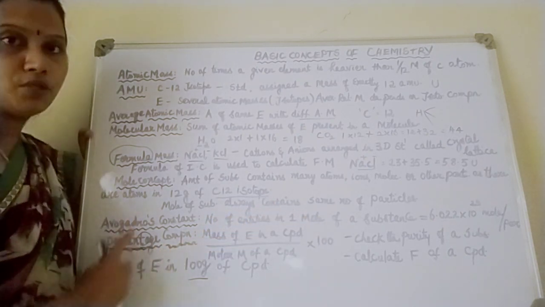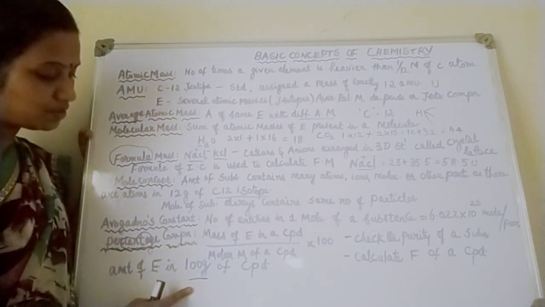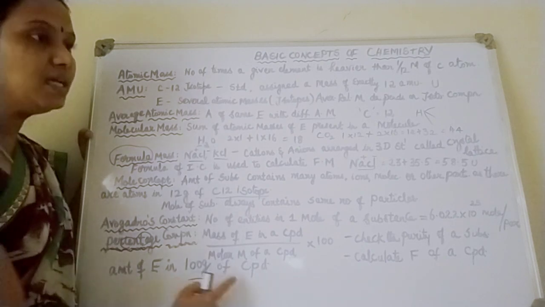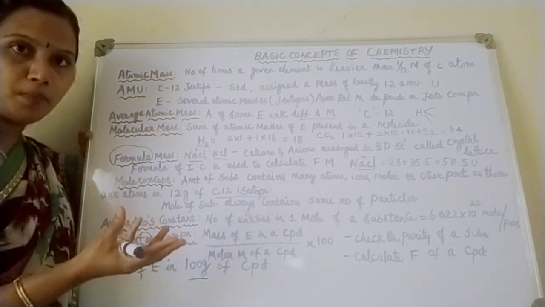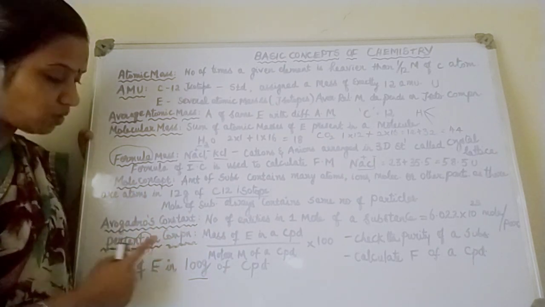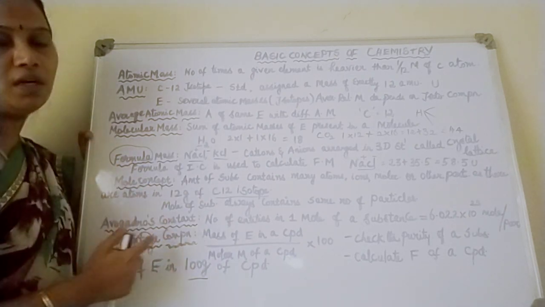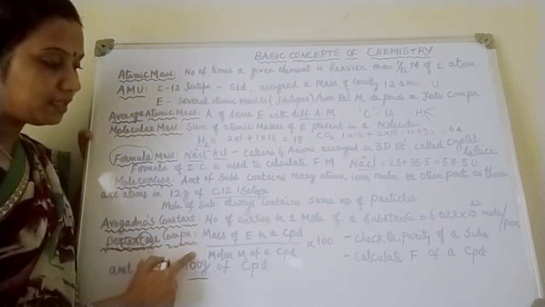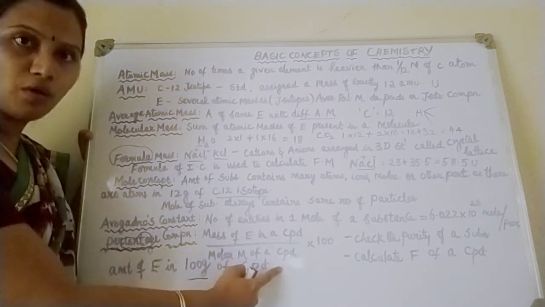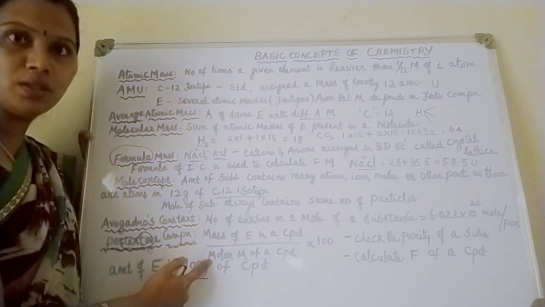What is percentage composition? Whenever the term percentage comes, we should indicate 100 grams. So percentage composition refers to the amount of element present in 100 gram of a compound. Okay, I have a compound that is present in 100 grams, and how much amount of element is present in that 100 gram of compound is called your percentage composition. And to give you a proper formula to calculate percentage composition, it will be nothing but mass of element present in a compound by molar mass of a compound into 100, where mass refers to atomic mass of element and molar mass refers to the molecular mass.